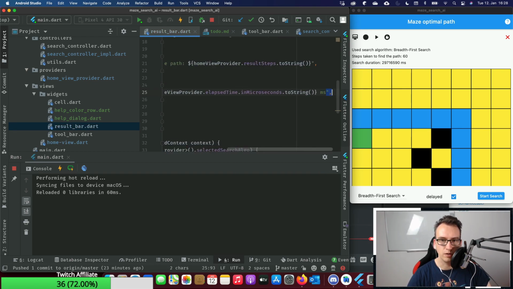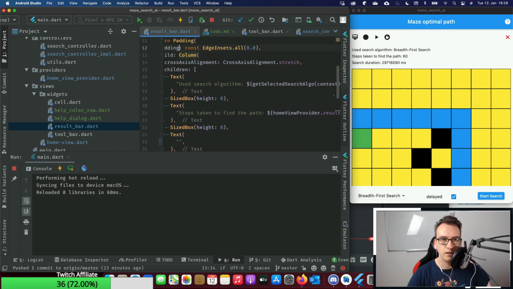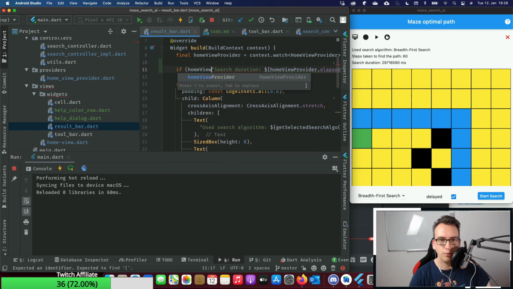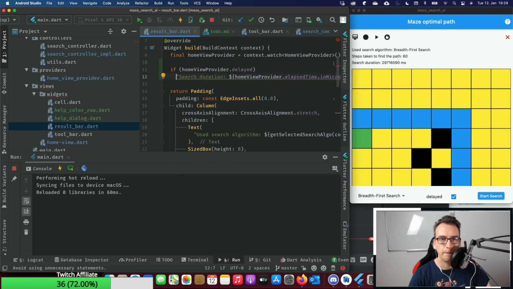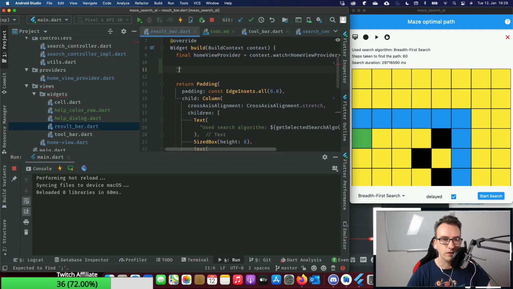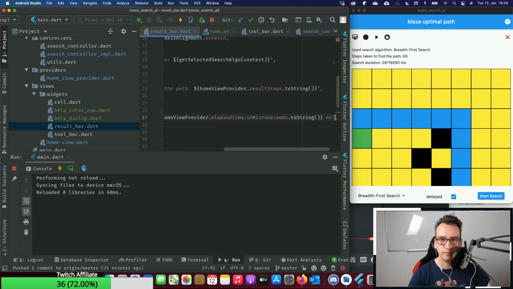So what I could do is take all of that, create it up here, and say this is a string that we want to have. So if home view provider dot delayed, then we want to get this. On the other hand, I can just create a method for that. So get rid of that. Bring that down there again.